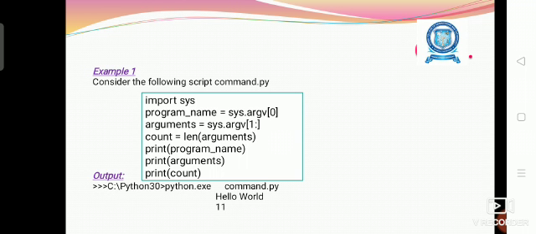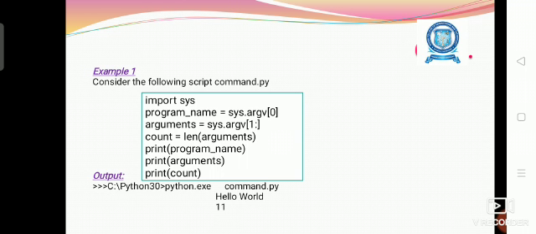Then there is one more method, len. The len method is used to get the number of characters present in the arguments. So we are applying len of arguments, the arguments previously retrieved from the sys module, and it will be stored in the variable count.